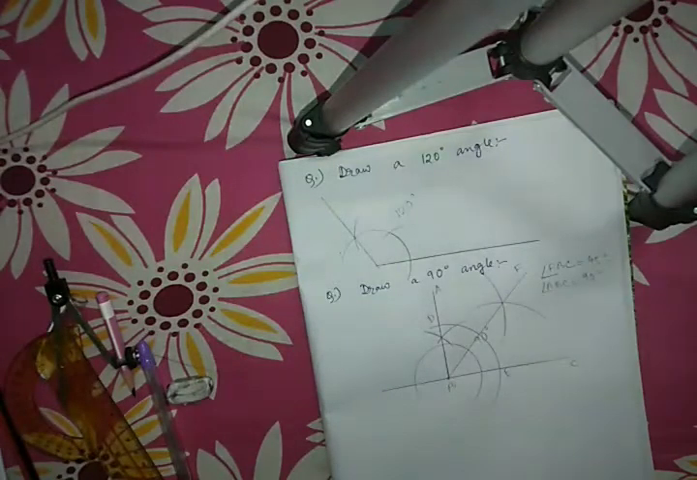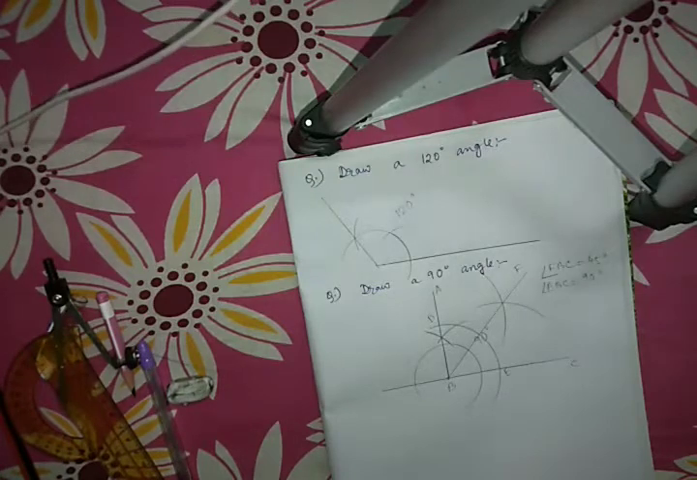So we have learned how to draw angle by copying another angle, how to bisect angle, how to draw 30 degree, 60 degree, 45 degree, 90 degree and 120 degree angles. Okay, so now